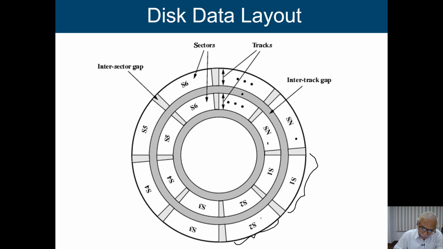So if I am going to look at this particular track, say if it is 128 bits, then in the next track also the capacity is 128 bits, because all are divided into an equal number of sectors. So you just say this circumference is used to store 128 bits. This is the circumference of the next track, which is smaller than the outer track. Still we are using the same amount of data, 128 bits, to store this particular sector. So you just see that here density is more, but in the outer track density is less. Okay, this is the way that we are going to organize our data.